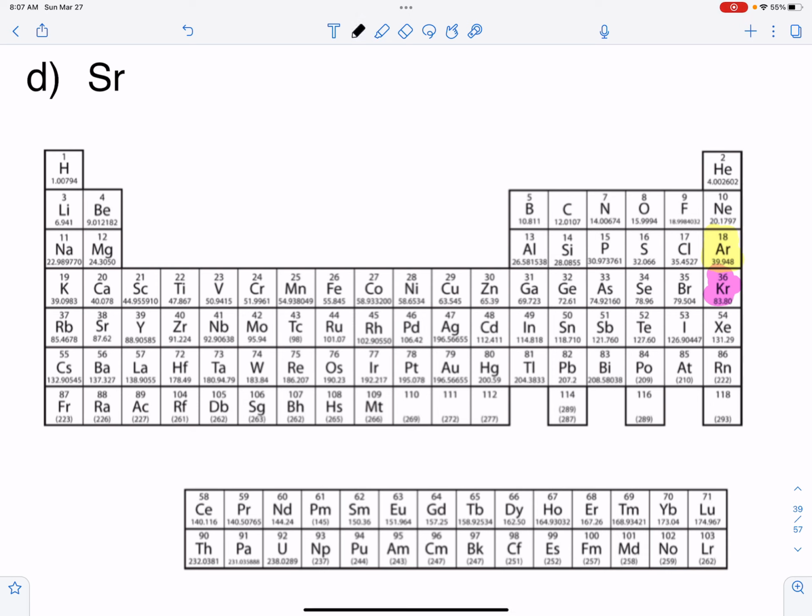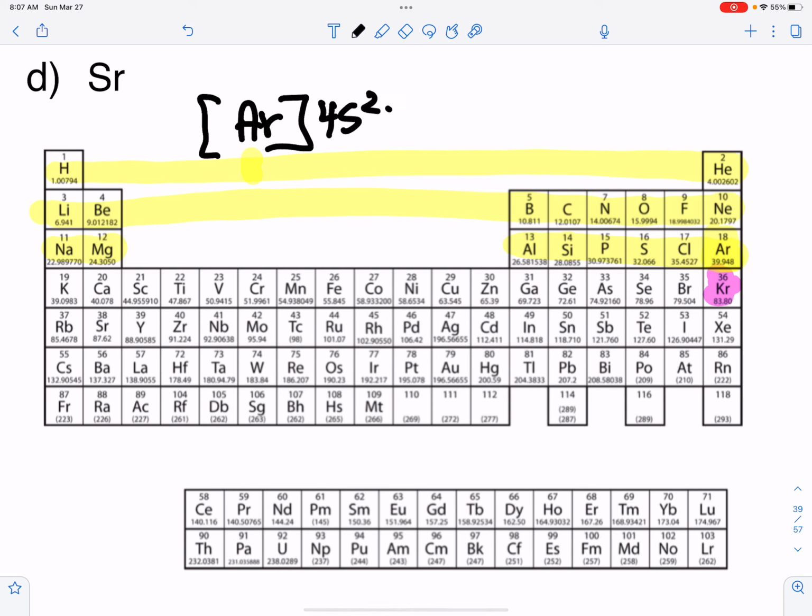So you can say, I'm gonna take all these, 1s2, 2s2, 2p6, 3s2, 3p6, and I'm just gonna say that's argon. And then I'm gonna continue from there: 4s2, 3d10, 4p6. This is what we call the noble